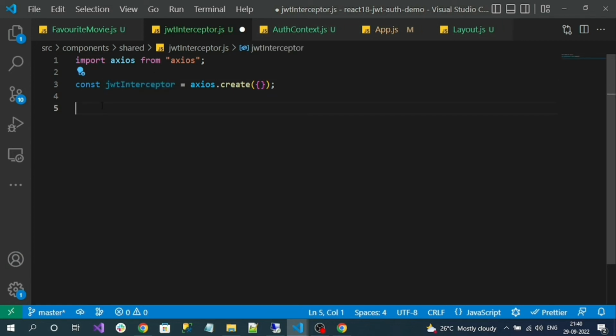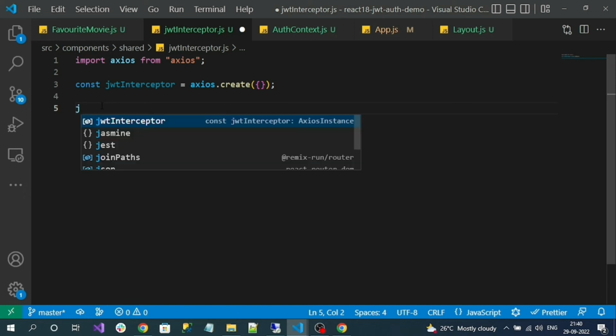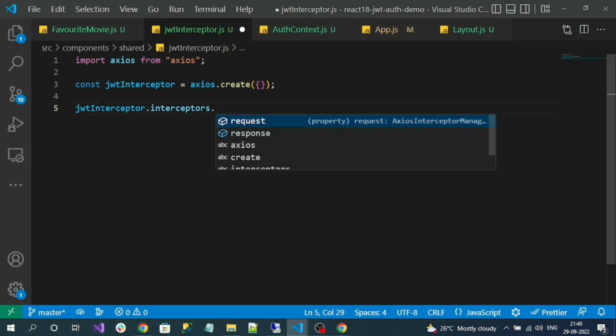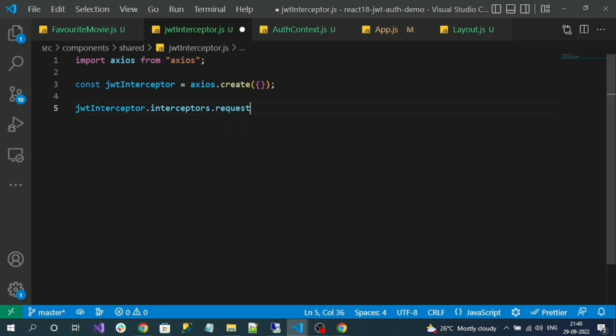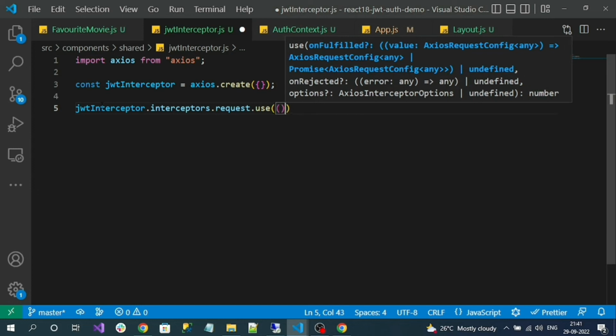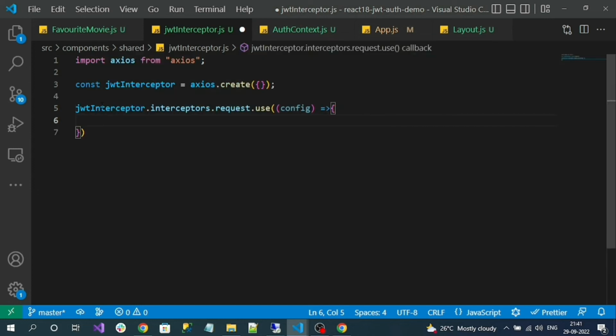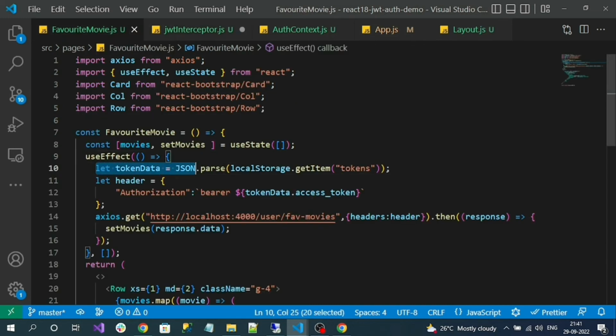So this is nothing but an Axios. But now I will intercept the request. Before my request goes to the server, I can intercept it here by doing JWT interceptor.interceptors.request.use, because I want to intercept when the request is going to the server. So here I can configure. Now let me copy this value,